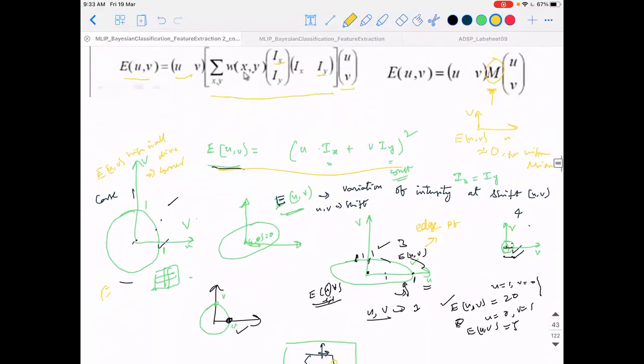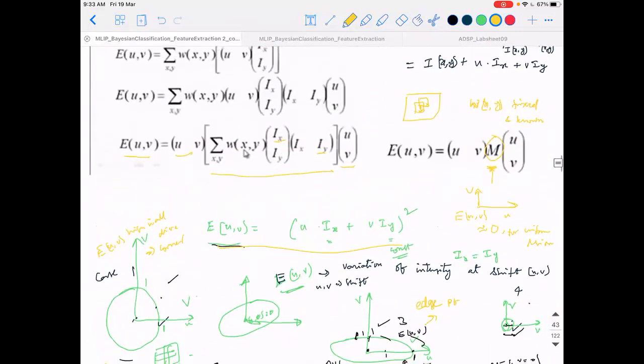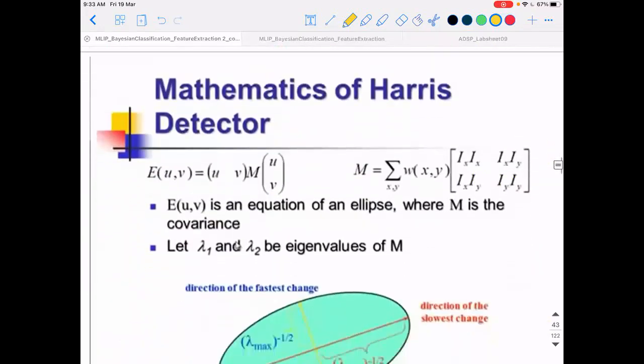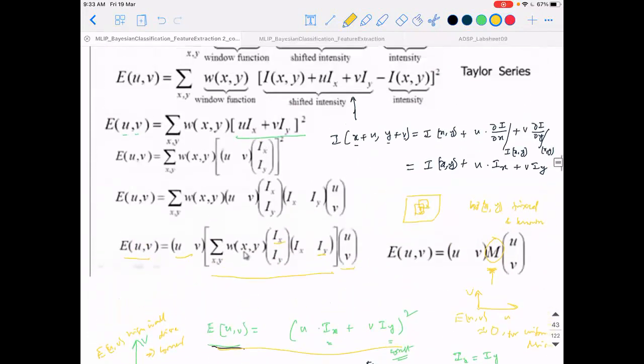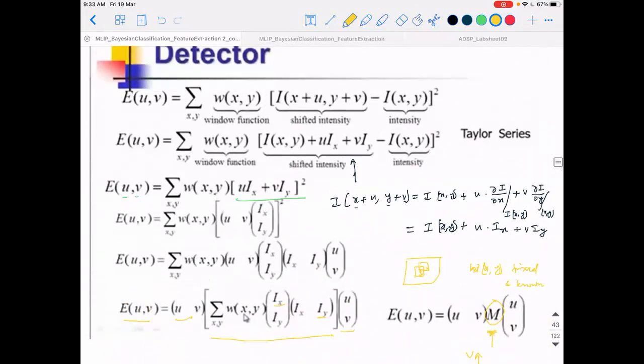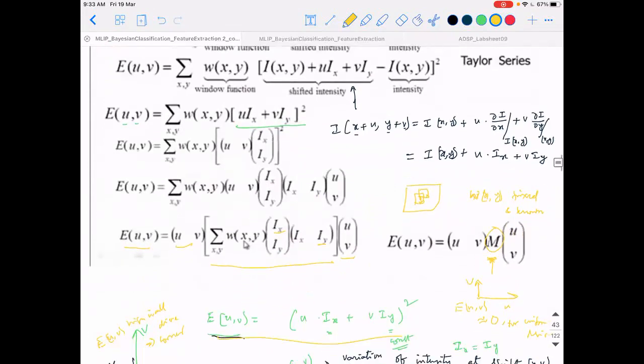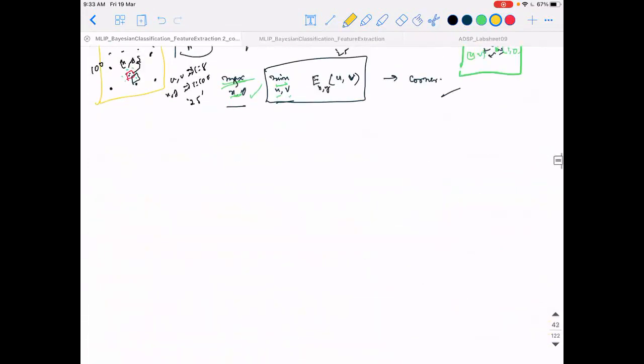Excuse me, sir. Yeah, please tell. Sir, how do we find these gradients? Fine, how do you find gradients? At a given point in an image, how do I find the gradient? Sir, can we use Sobel? Correct, you can use any of them, Sobel, Prewitt, or any of them. If I have pixels, there will be some intensities. So what I will do at a given point is put a mask.